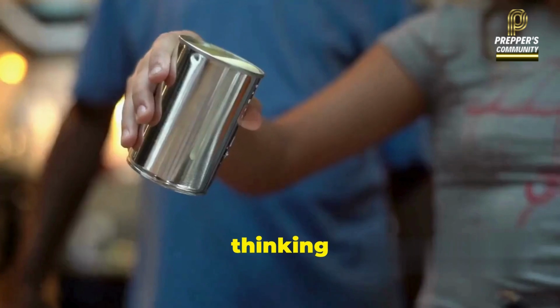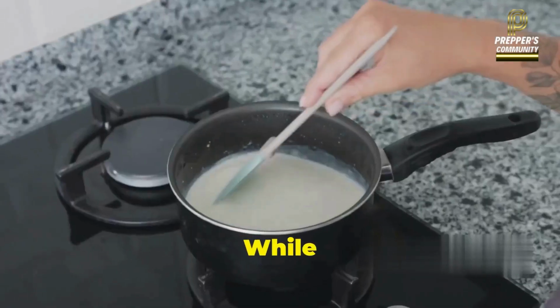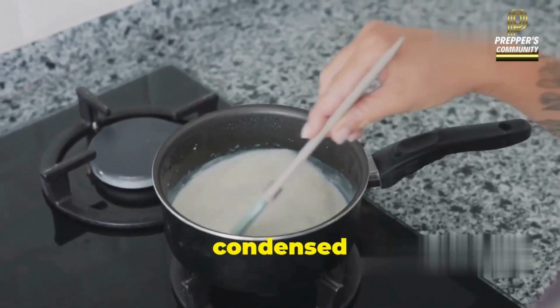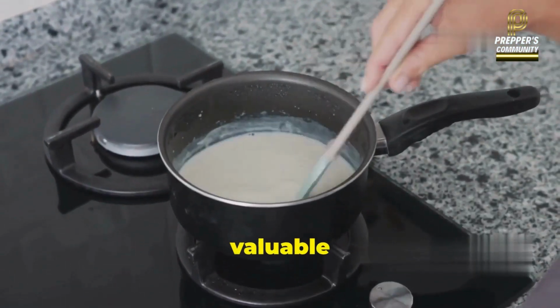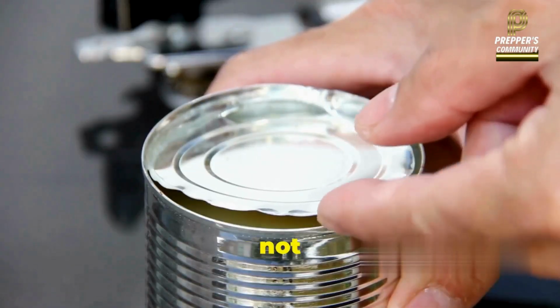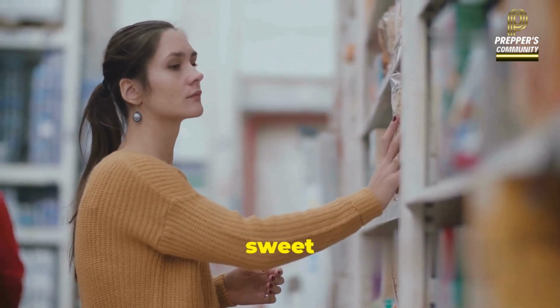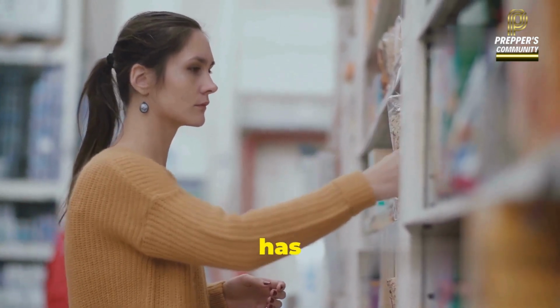Now I know what you're thinking. Sweetened condensed milk in a prepper's pantry? But hear me out on this one, folks. While it might seem like an odd choice, condensed milk can actually be a valuable asset in a survival situation. But there's a catch. We're not talking about the sugary stuff. It might be tempting with its creamy texture and sweet taste, but it's loaded with sugar and has a surprisingly